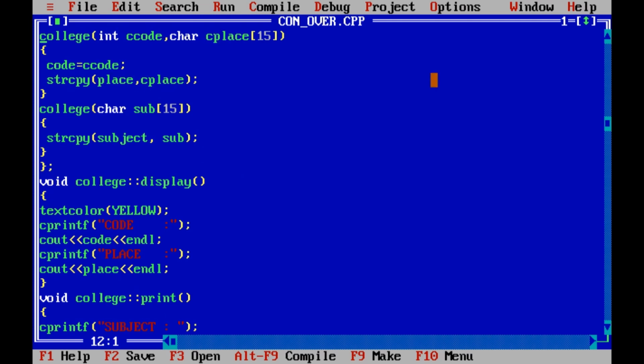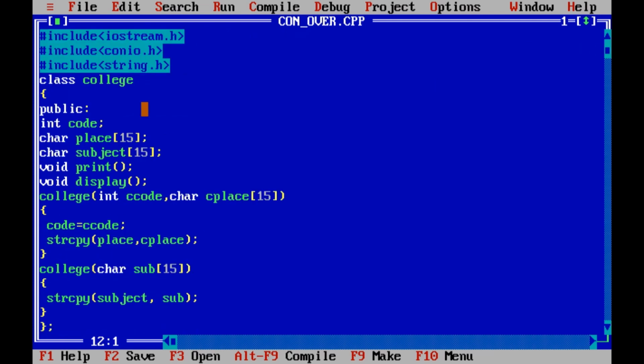The main concept of this program is that we have taken the data members, and we have to initialize them using the constructors. There are two constructors, and both are used to initialize. Here we receive the value and then pass it to the data members. In the first constructor, C code and C place will receive the values, and in the body of the constructor we pass them: C code will be passed to code and C place will be passed to place.